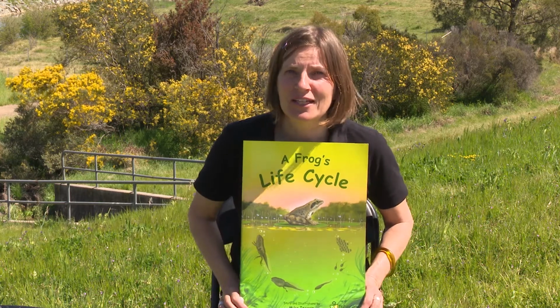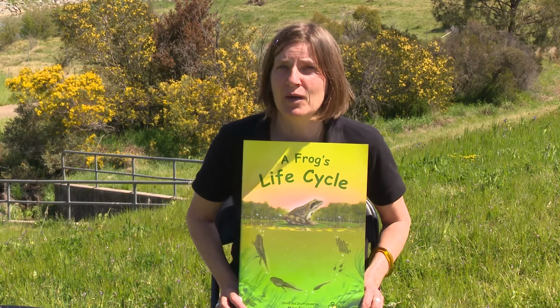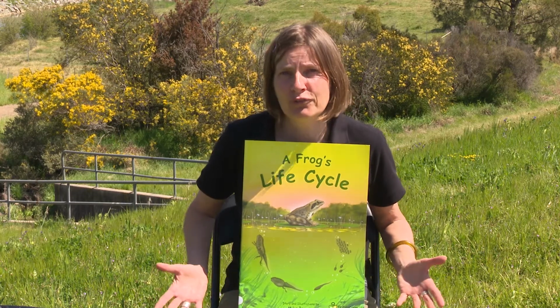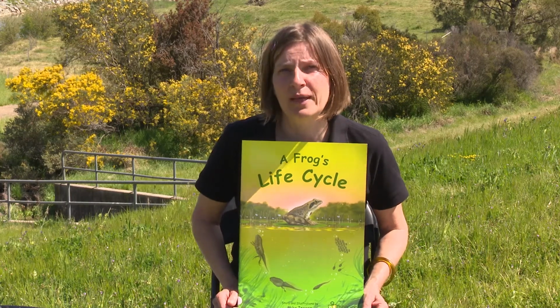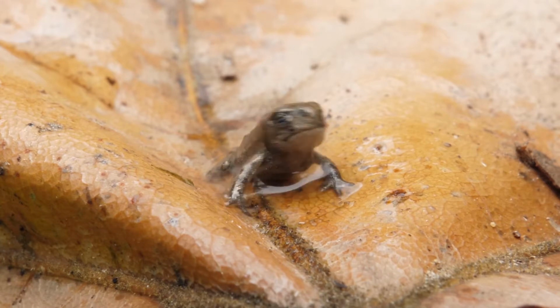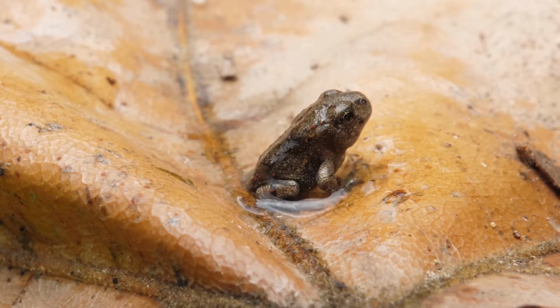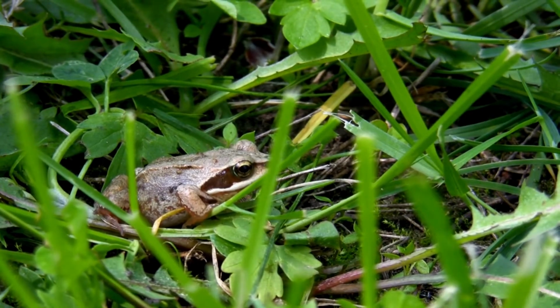Now I would like to talk a bit about how frogs reproduce and about their life cycle. Different frog species need different places to reproduce and to have babies. Some prefer a lot of reeds, some prefer shallow water and deep water. So a habitat and a wetland that has really lots of different habitats, that's the best for a lot of